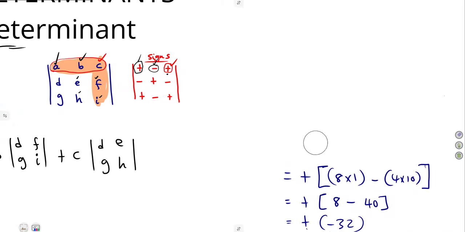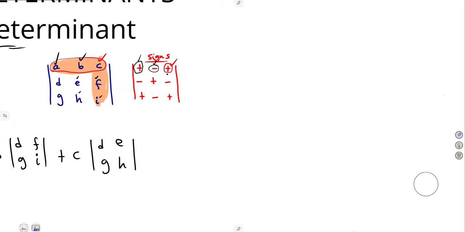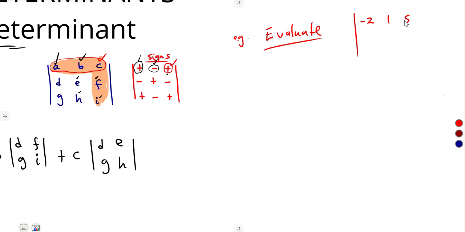We want to evaluate or to determine the determinant from this. All right, let us just say evaluate. There we are given -2, 1, 5, 1, 2, 3, 4, -3, 0, like this. So we are asked to evaluate the determinant of this. So the determinant, like what we had before here,